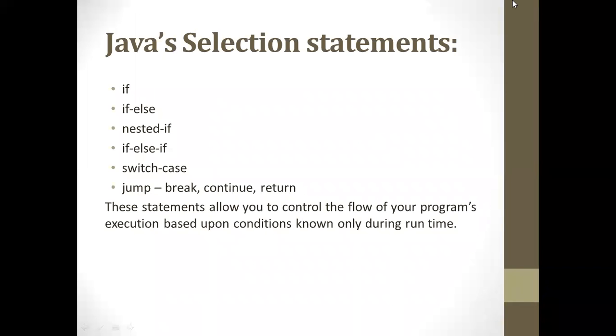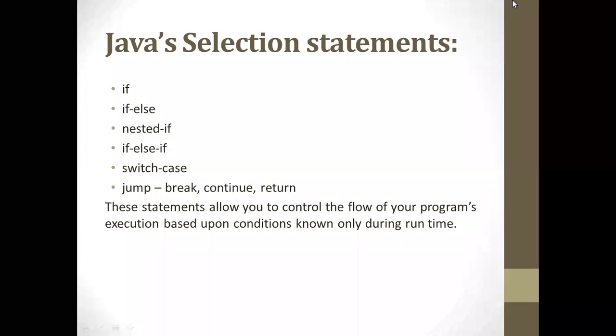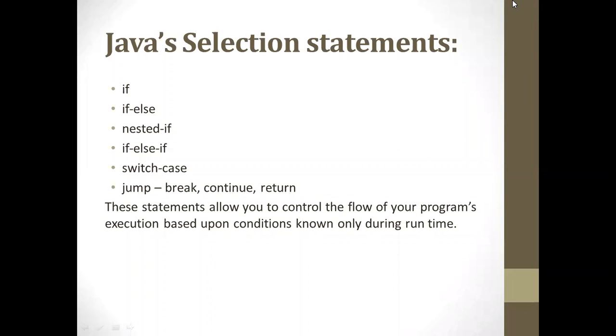Okay, so this is how you manage your statements, how you control the execution part of your program, that is mentioned in your control statement. So we have selection statements. Obviously, you have done if else, nested if, and so on. Jump statements are there: break, continue, and return. All these statements, the concept will remain the same as you have done in the previous languages,